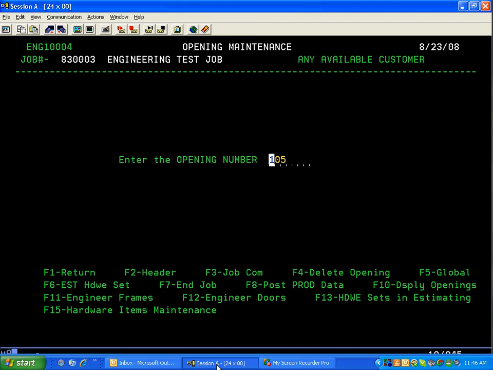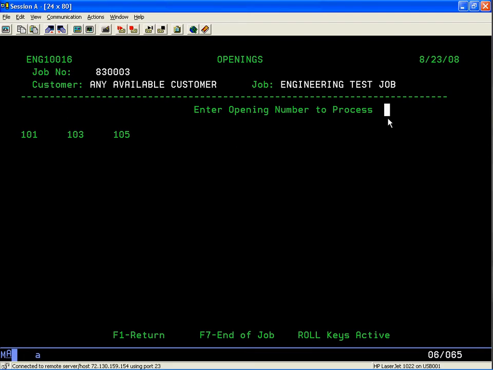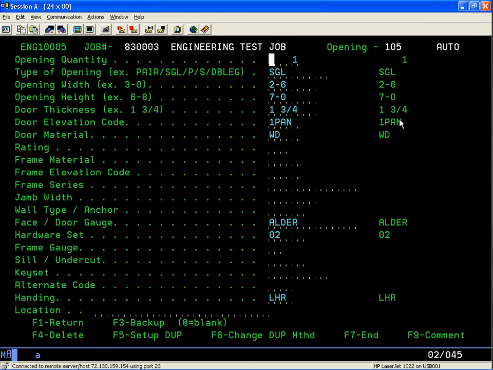Okay, continuing from part two, I want to display my openings on the job by hitting the F10 key, and it shows me that I have three openings in there: 101, 103, and 105. So let's take a look at 105. Notice that the cursor is on the upper right-hand side and says enter opening number to process. I'll just key in 105 and hit the enter key, and it takes me directly to that